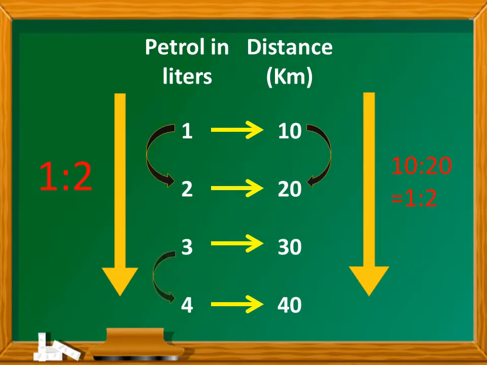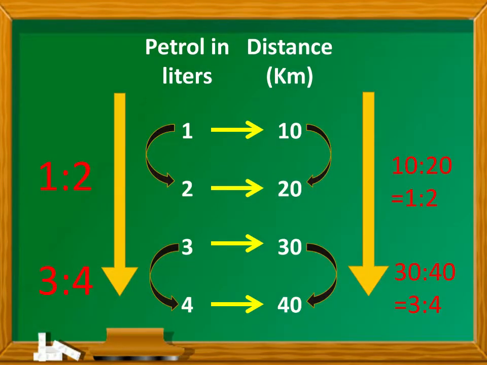See, the ratios became equal. We will take another two, like 3 and 4. Then the ratio is 3 to 4. Also, the corresponding ratio is 30 to 40. These are the multiples of 10. Again we can write it as 3 to 4. Take a good look at this. Is there something special here? Or is there any specific relationship here? If you look into it, you will see that these ratios are similar to each other.